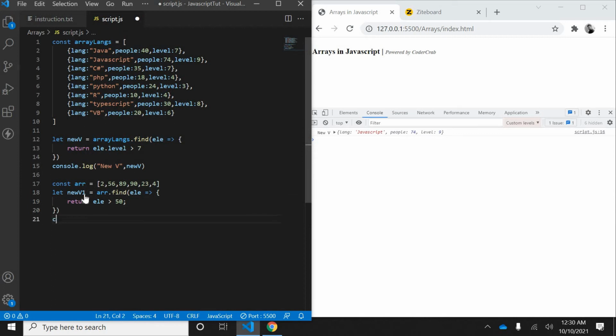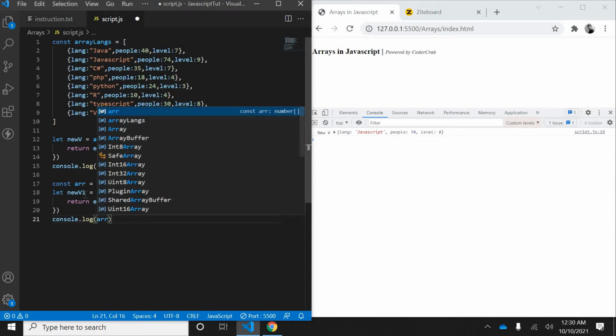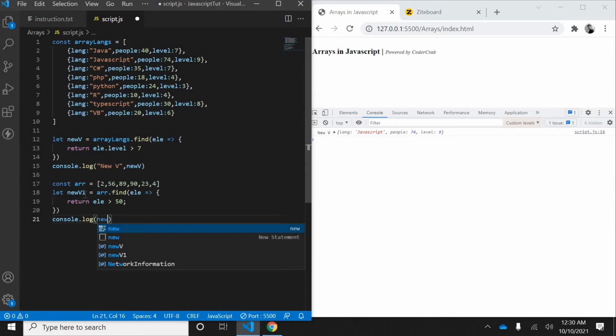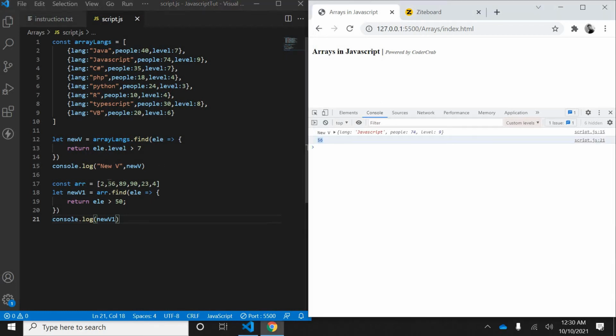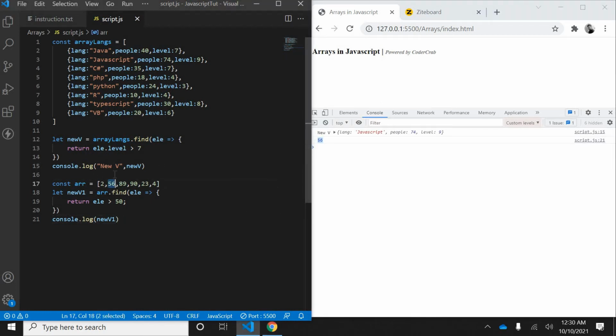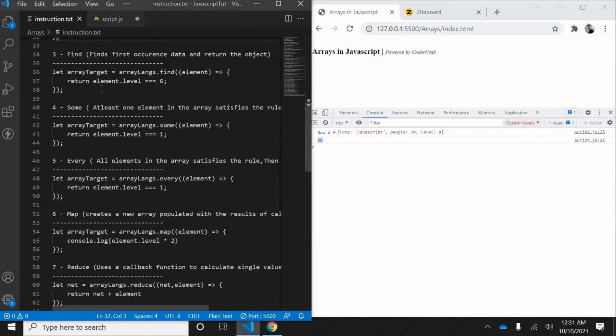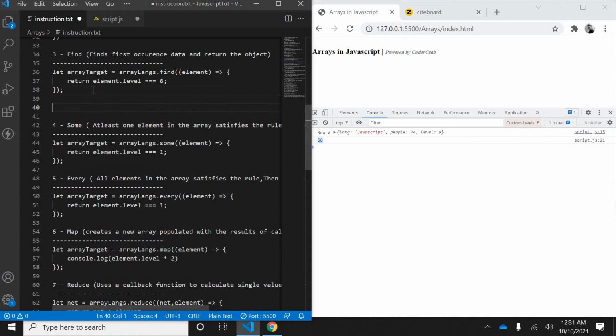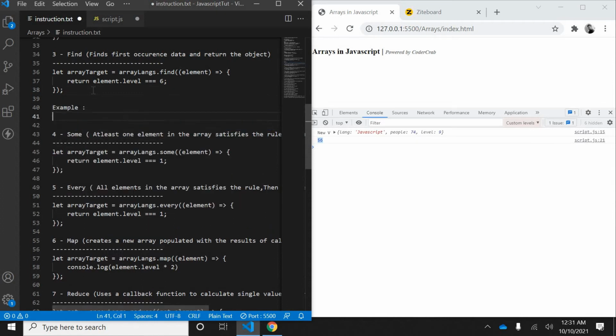Now let's print it. console.log, value is newV1. Let's see, 56. It returned 56. So it returned this object, not the others which also satisfy the same condition. It will always return the first match, so this needs to be remembered. Now this find example is done.